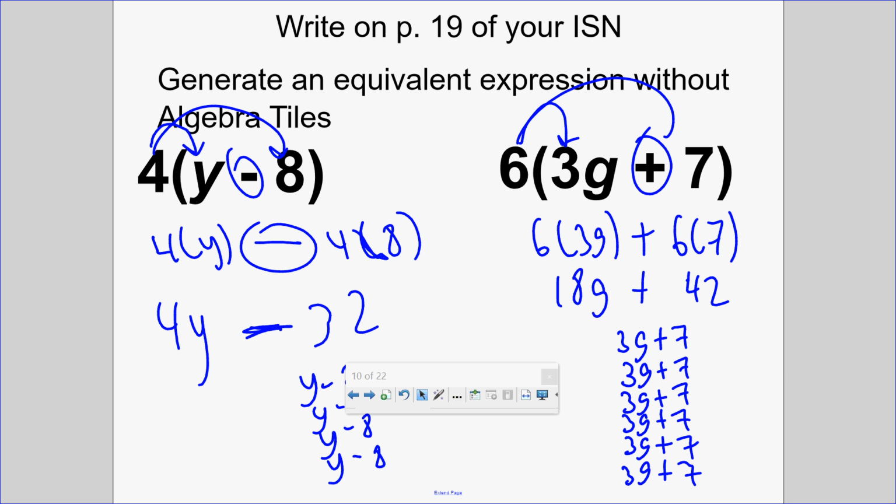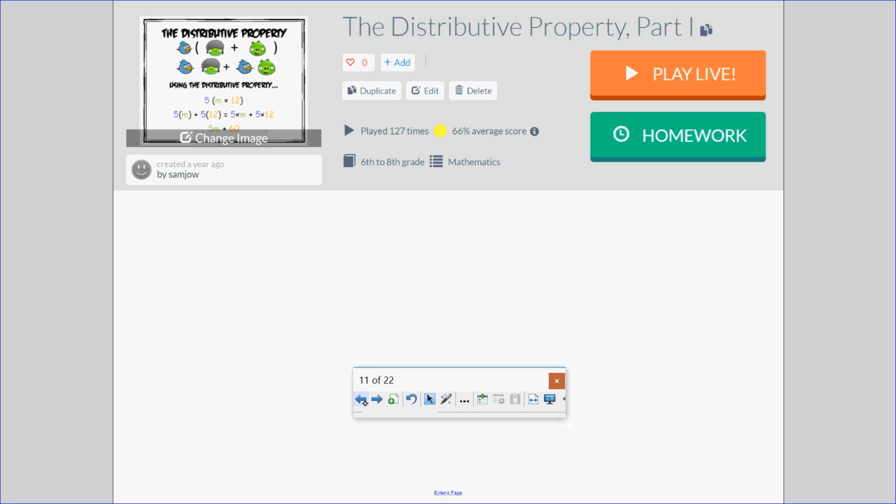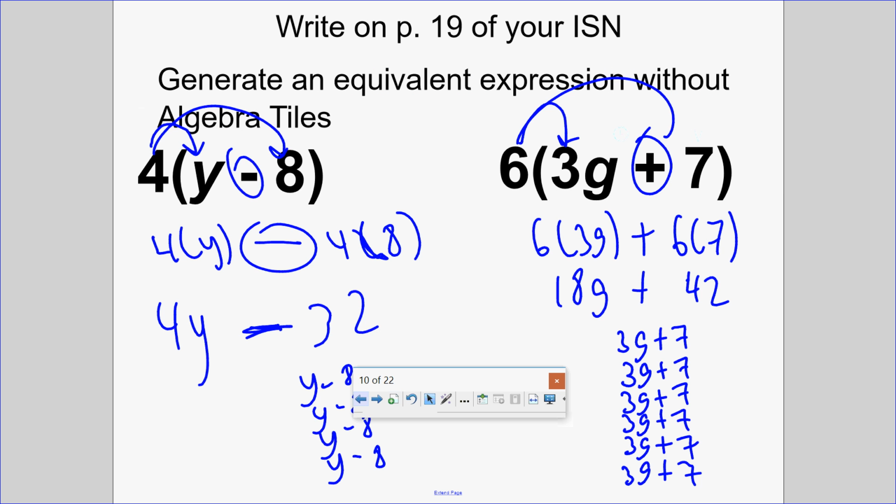And so we will do a quiz here afterwards in order to practice our distributive property. For the distributive property, you may use algebra tiles, you may write them out like I did here to prove it, or you may distribute it, like saying 6 groups of 3G plus 6 groups of 7. This is called the distributive